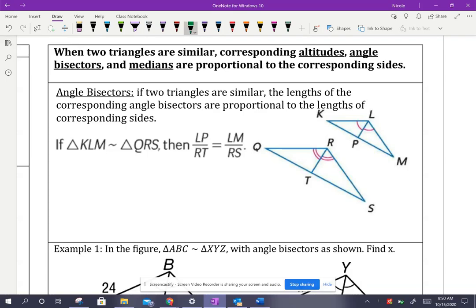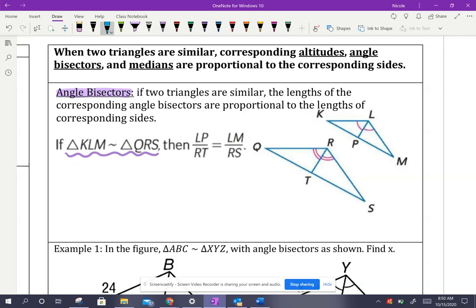Next, we're going to talk about when two triangles are similar, their corresponding altitudes, angle bisectors, and medians are proportional to their corresponding sides. So we'll start off with angle bisectors. If two triangles are similar, so we already know that they're similar, so this information has to be true, then the lengths of their angle bisectors, so the angle bisectors that are in the same places on the two shapes,